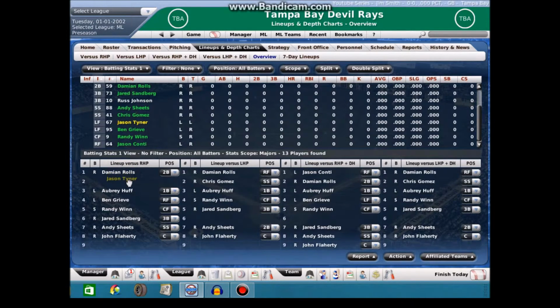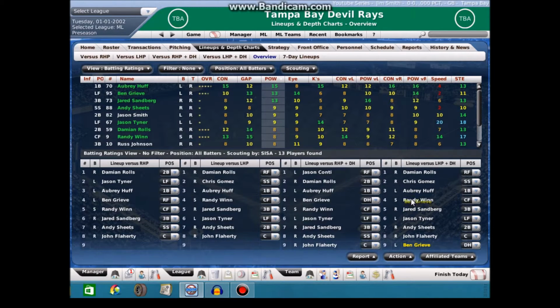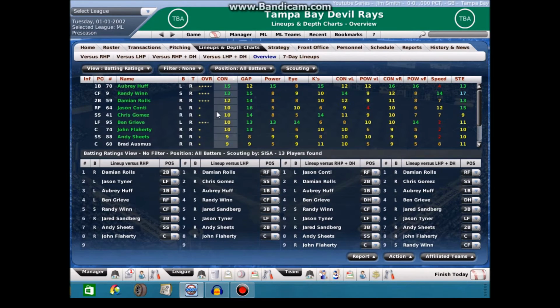Okay, so it looks like who are we missing? We're missing a left fielder. Well, that's all right. We've got Jason Tyner. I mean, he's not ideal, but what can you do? And the fact that we have Damian Rolls hitting leadoff, that pretty much explains most of the problems with this team. You know what? Is there any platoons we could do? We got Jason Smith. He could probably. Wait. So we got Grieve. He's gonna hit DH. He's one of the few guys on this team that can actually hit. I don't want John Flaherty hitting fourth. But nah, so. Okay, so I think